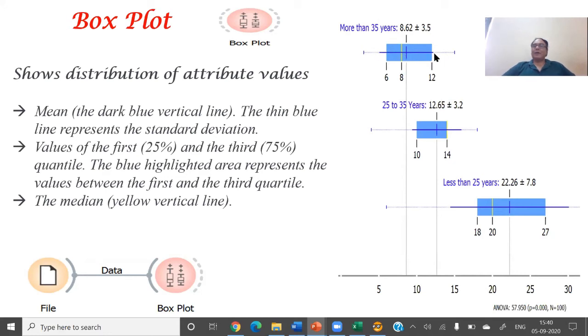In the body, the first value is the value which lies on the 25th percentile, or it is called the first quartile. So here 6 is the first quartile, 12 is the third quartile value, which is lying at the 3/4 position. So first quartile, third quartile, median, mean.